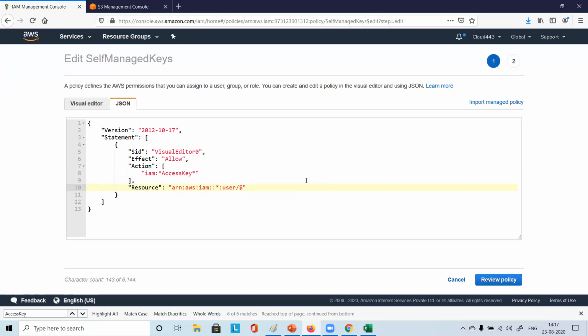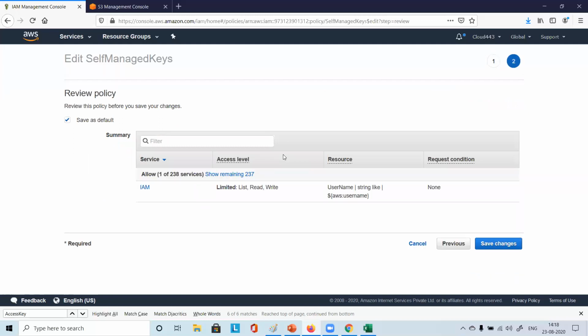So you know the variable. Now you know the meaning of this concept, where you can put dollar, you can put AWS colon, and that username variable, you remember? So if you put this variable, whatever user is there, it will be replaced by that user only. That person can list things for his user only. He can delete his key only. He cannot do it for other people. Got it? Okay. So this is how it works. So during this week, whenever you get a chance, please try to practice this.